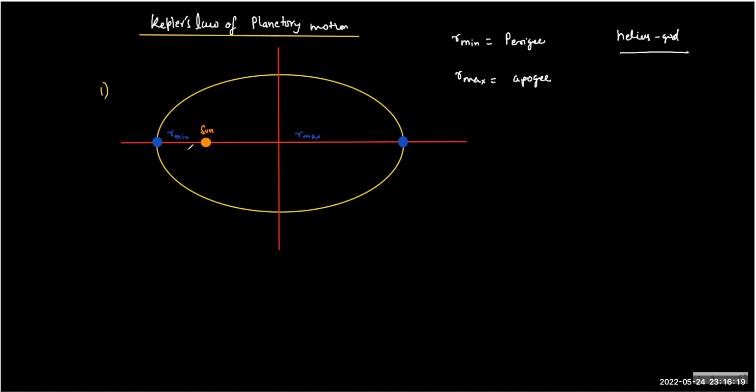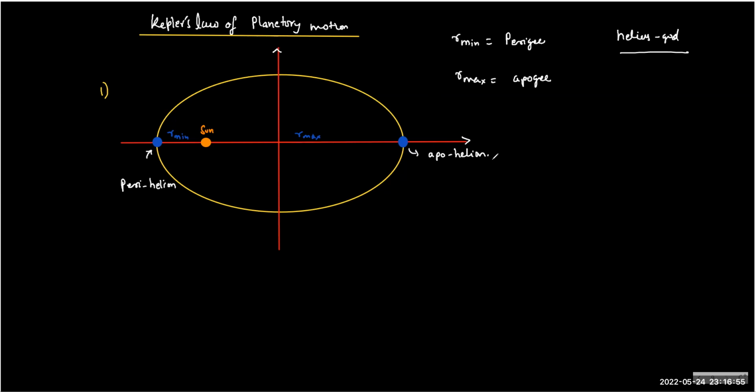So the nearest point from the sun is called peri, which means near, the closer, and helion means sun. So closest to the sun is called perihelion, and the farthest from the sun, the far is called apo. So apohelion. So we have perihelion, we have apohelion. Now what is apohelion? It's the farthest. Now what is peri? The nearest. Okay. And see how beautiful these things are.